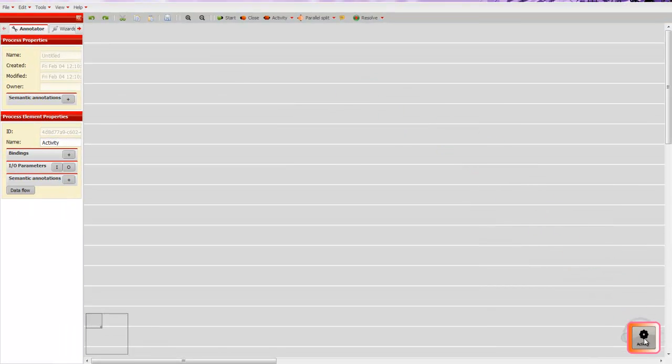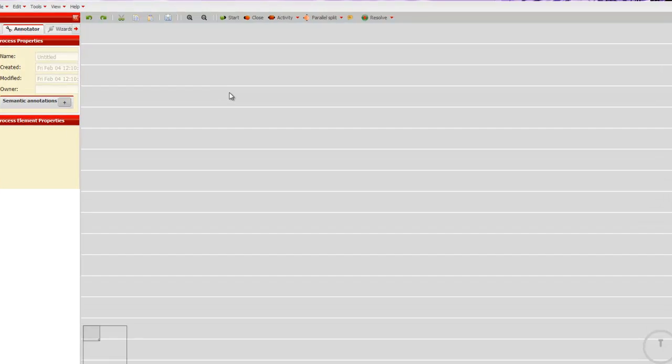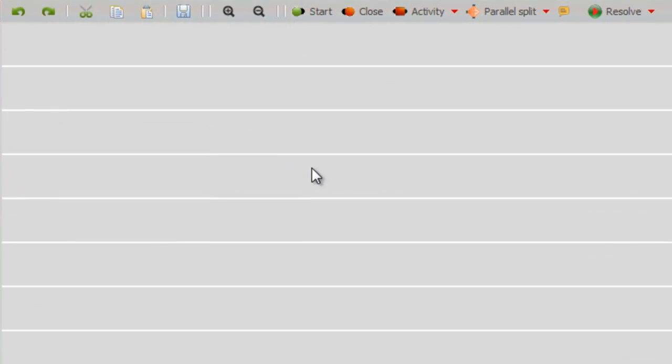At the bottom of the canvas to the left, you will find a mini-map to aid you in navigating quickly through large models, and a trash bin on the right where you can drag objects to delete them. Alongside the modeling widgets, the toolbar provides edit capabilities like cut, copy and paste, undo, redo, zoom in and out,